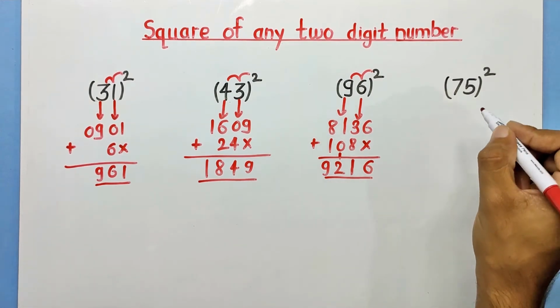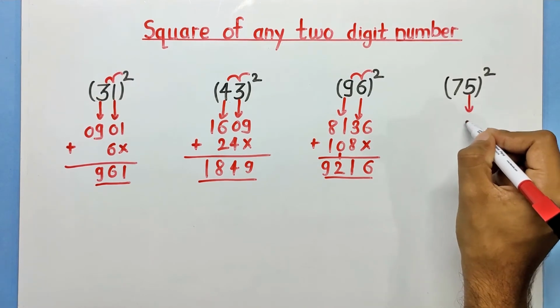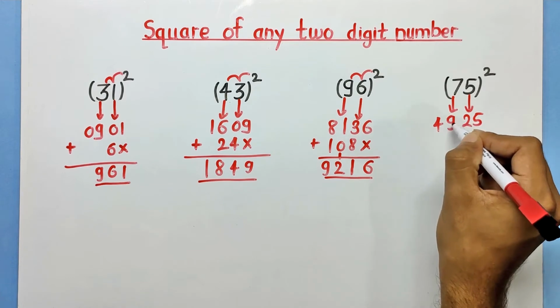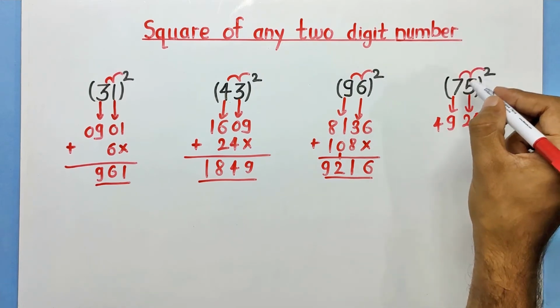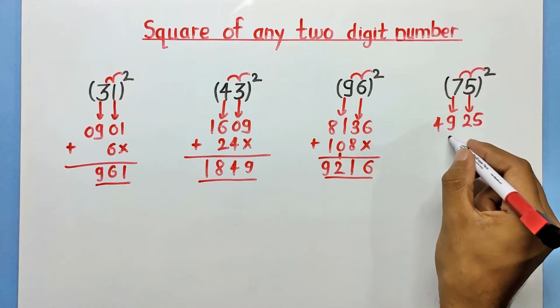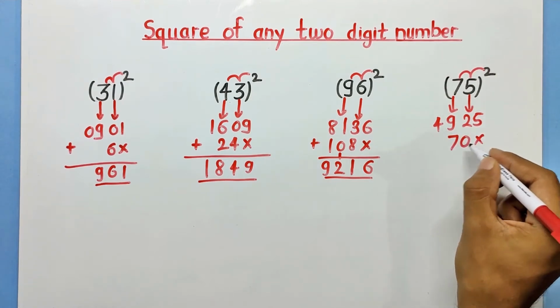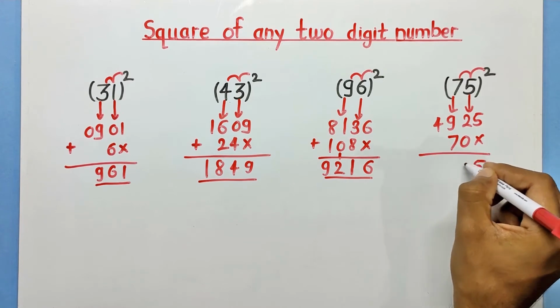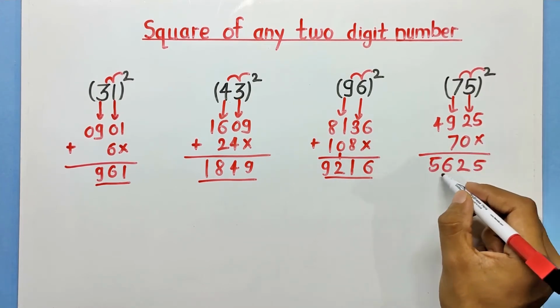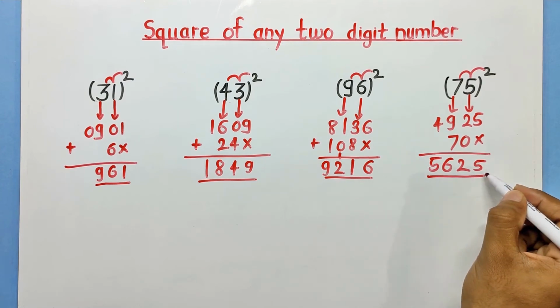I hope you got the answer. The square of 5 will be 25. Square of 7 will be 49. And the multiplication of these three numbers, 7 times 5 that will be 35, times 2 that gives us 70. Leave the 1 place here. This addition 5, 2, 6. This will be 5. So answer to this is 5625.